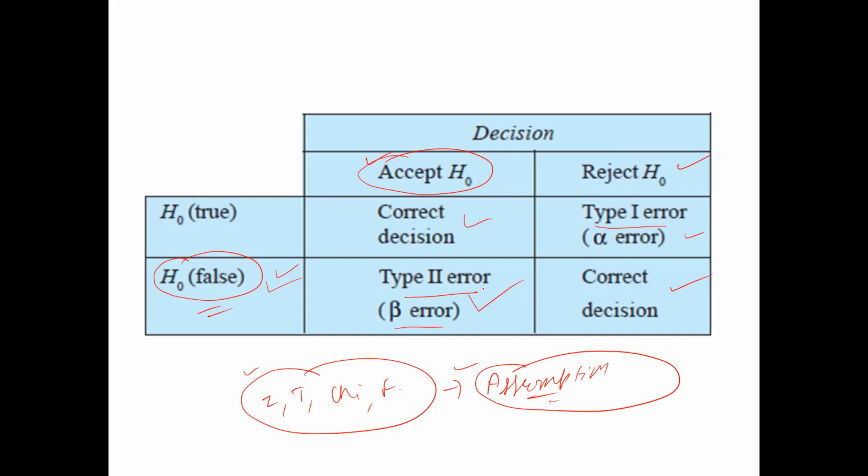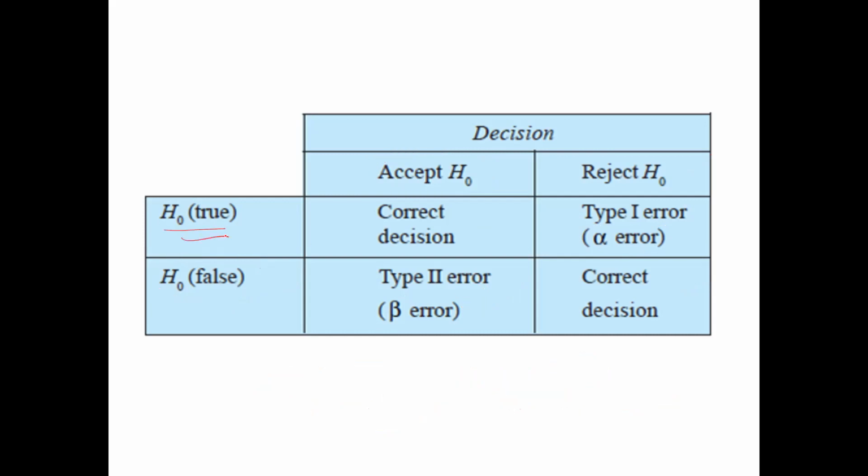These are very simple. Now I hope you have understood the complete idea and kept it in your mind. If the null hypothesis is true, think again: the null hypothesis was that there is no difference between sample statistic and population parameters. There is no kind of difference. And what I am saying about my hypothesis is always right. This is the null hypothesis, and if all these statements come out to be true and you accept it, this is a